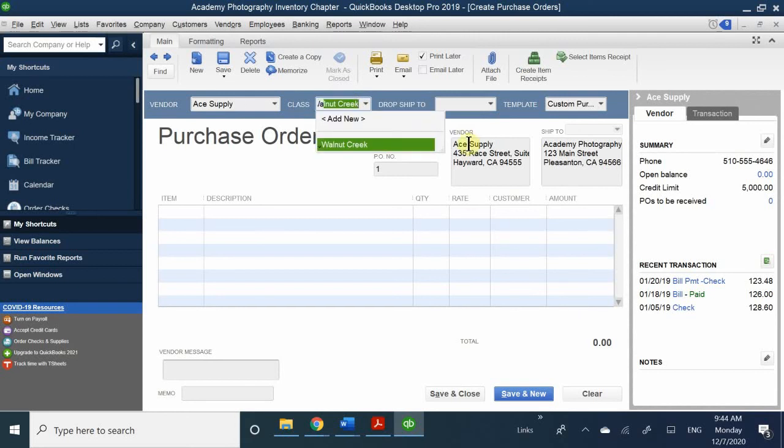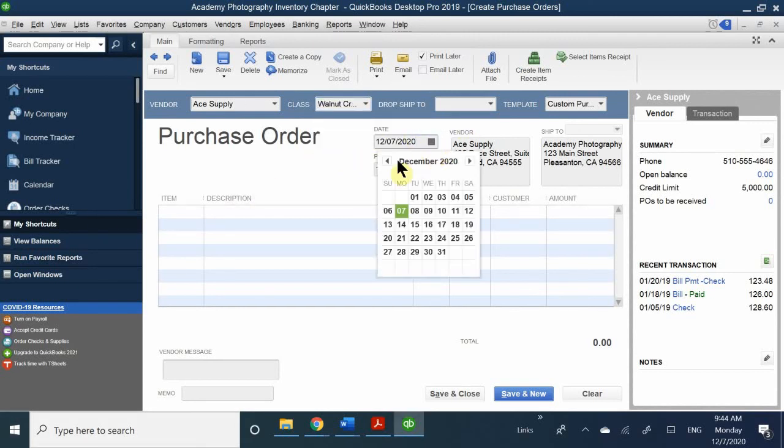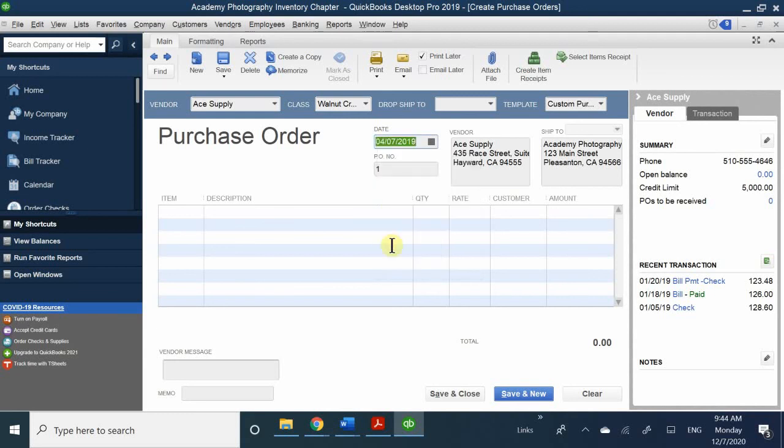I think I typed in something. There you go. Walnut. Yes, it says April 7. April 7, 2019. Perfect. Okay. Now, purchase orders, you definitely want to make sure you keep track of them because